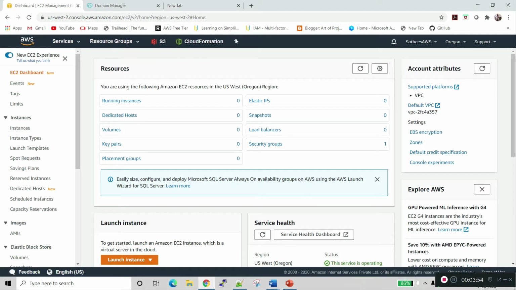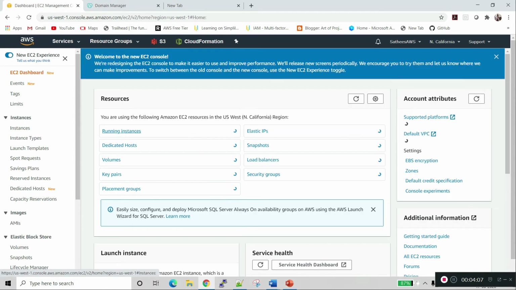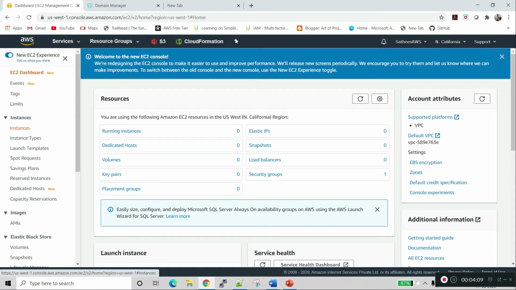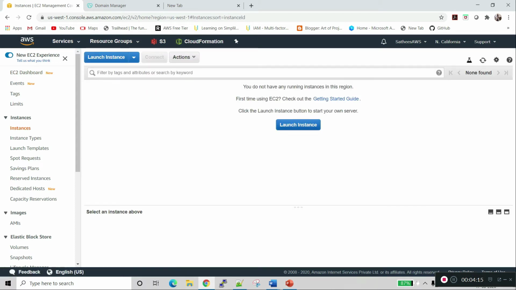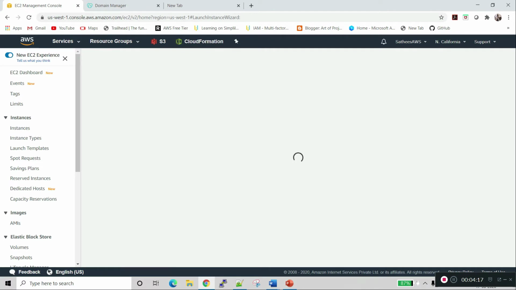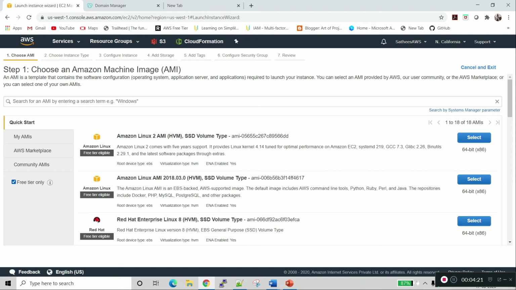So here I am creating one web server using the US West 1 region. So I am going to instances and creating a new instance. Free tier only.